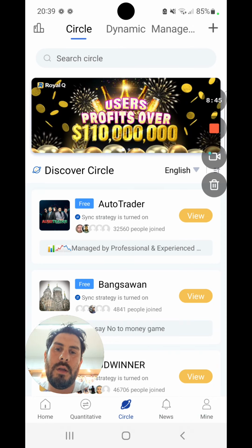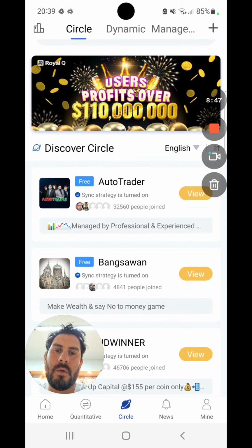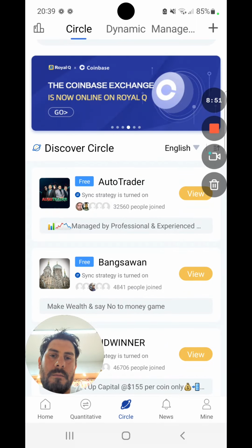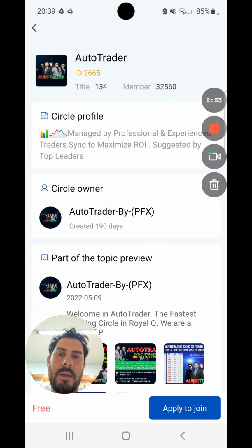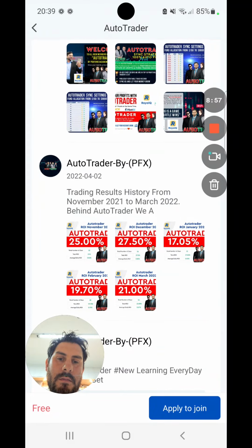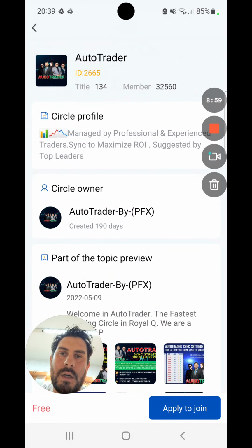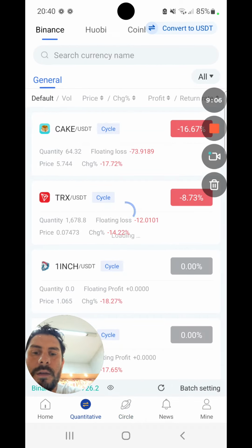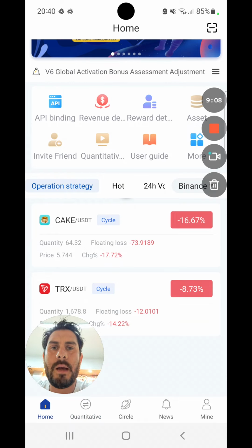But here in Circle you can connect with auto traders that will also make you profit. I didn't try this, but I think that's good. You need to watch out. If you go to Telegram, there are a lot of scammers, so watch out. I think that's very safe, and I really like the app